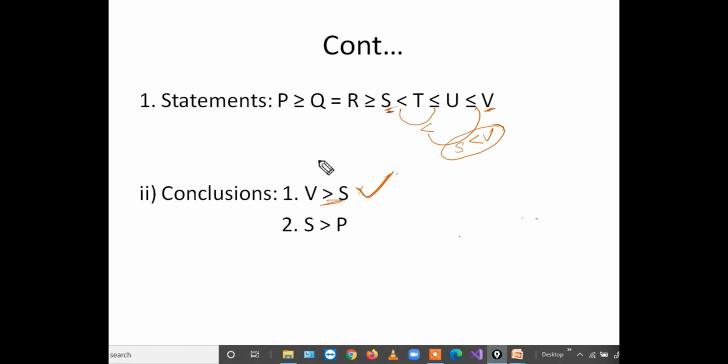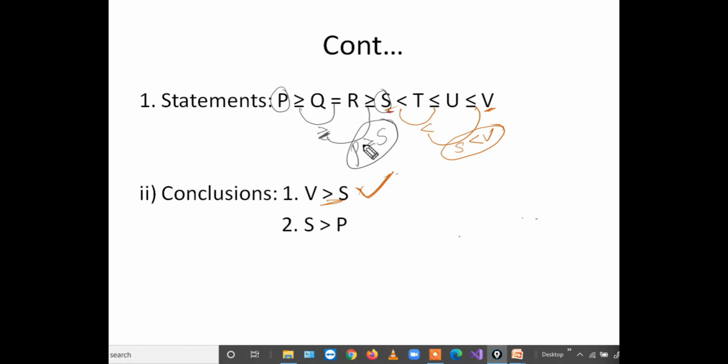Next, second is S to P relation. So P is here, S is here. Between them, is there any opposite polarity? No, there is no opposite polarity. So now we can start the procedure. Greater than or equal to with equal to, so it is greater than or equal to. And that greater than or equal to with greater than or equal to will be the greater than or equal to. So overall relation between P and S is P greater than or equal to S.